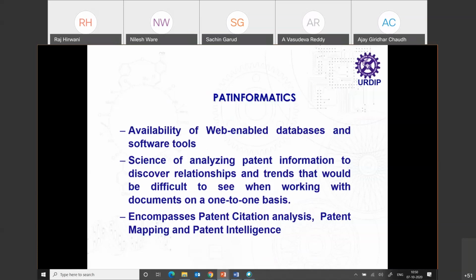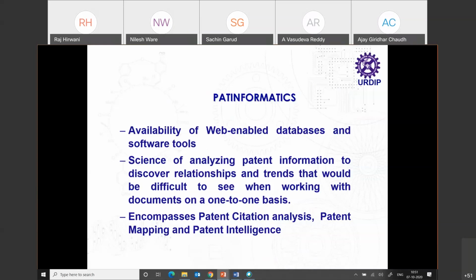The US Patent Office followed by putting all the patents online, in the first phase those issued from 1975 onward, and then uploading images of all the patents from 1790 to 1975. So 1790 is when the first US patent was issued. If you go to the US patent website, you find patents from 1790 to October 2020, whatever has been issued so far.